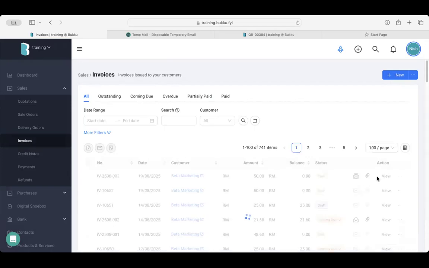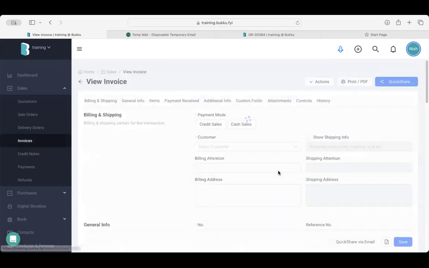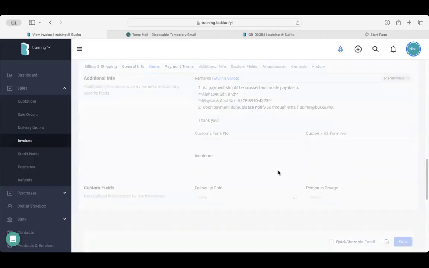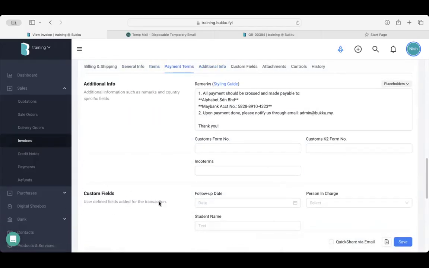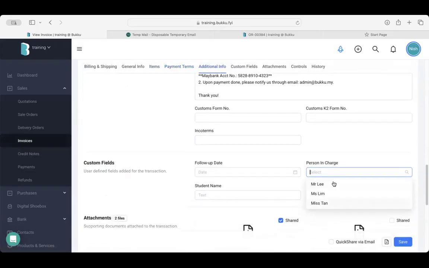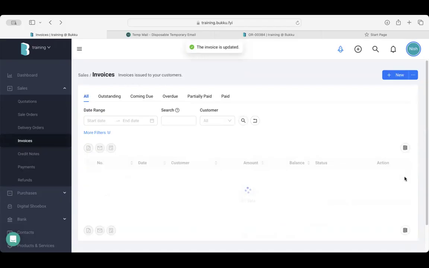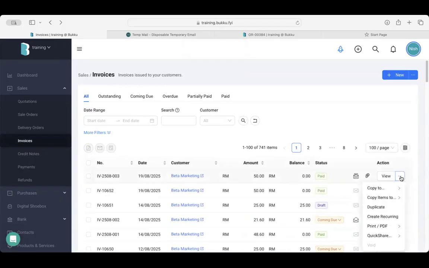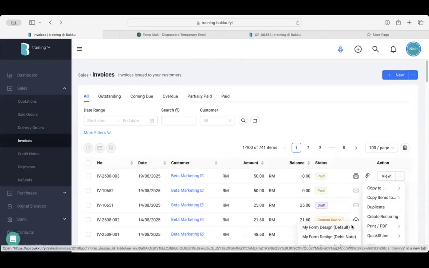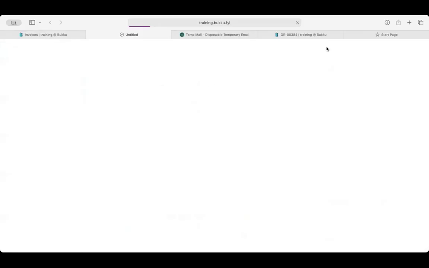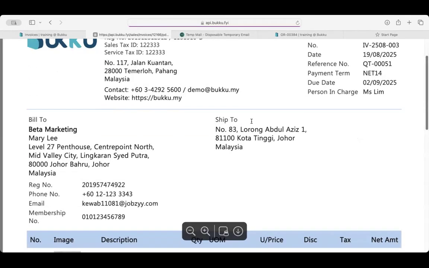Now let's say I'm selecting this particular Beta Marketing invoice from just now. I'm going to scroll down, and at the bottom we'll have the custom field that you have already set. It will appear here. You can see I can select the person in charge here. Let's say I'm selecting Miss Lim. When I save this, I will be able to see Miss Lim's name on the PDF. Here I'm going to view the particular invoice, and once I view it, I should be able to see the details of this particular person in charge over here. So this is the purpose of the custom field. You can see over here under the due date, the person in charge's name appears. All right. So next is